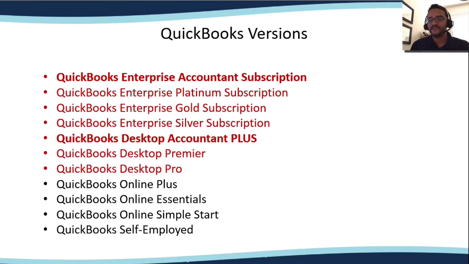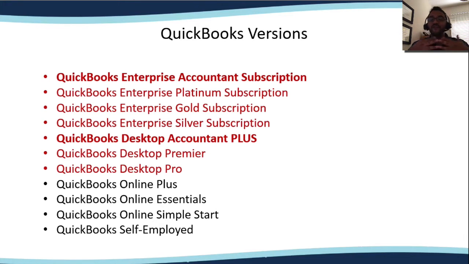On the Enterprise SKUs, there are actually 4 now. There used to be 3: Silver, Gold, and Platinum. Now there's the Accountant subscription, which is almost one level above Platinum in terms of number of features that are available. Now, as of today, September 7th, 2017, the only versions that are available are the Accountant, Enterprise Accountant, and the Desktop